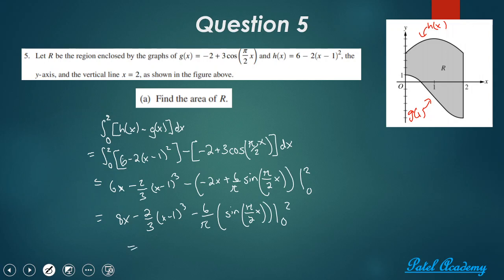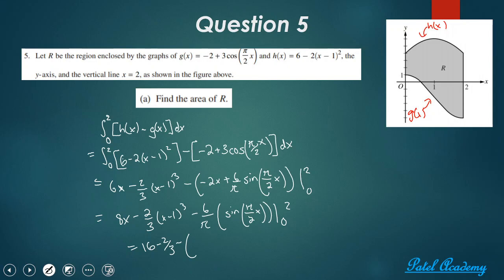Okay, so x equals 2, so I get 16 minus, when I plug in 2, I get 2 minus 1 is 1 cubed, so I get 16 minus 2/3, and then minus, when x is equal to 2, I get pi over 2 times 2 is pi, sine of pi is 0, so minus 0. So I get 16 minus 2/3 in this case, and then minus